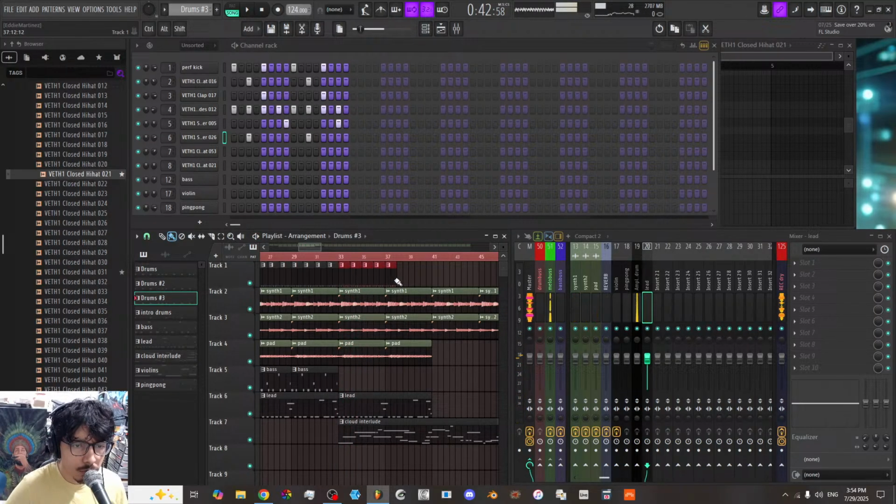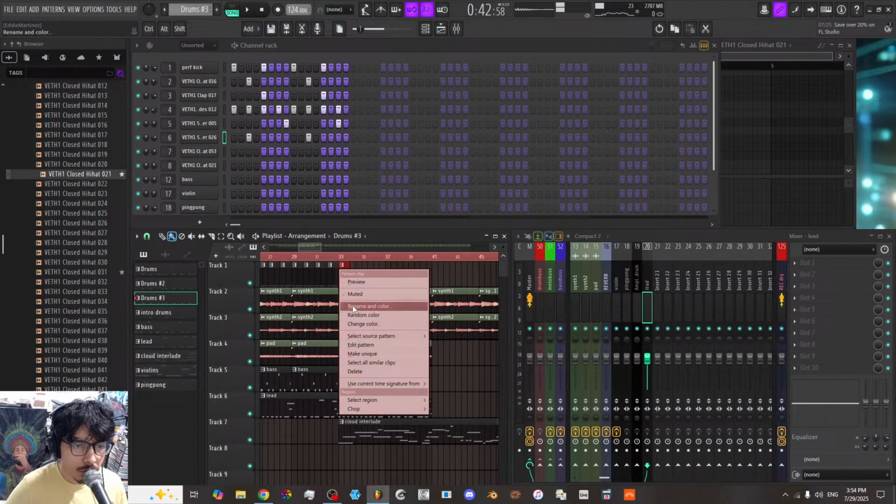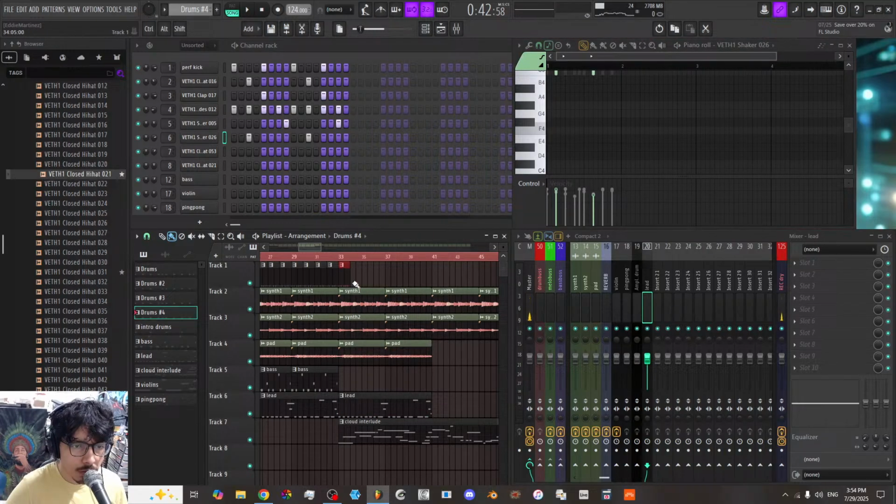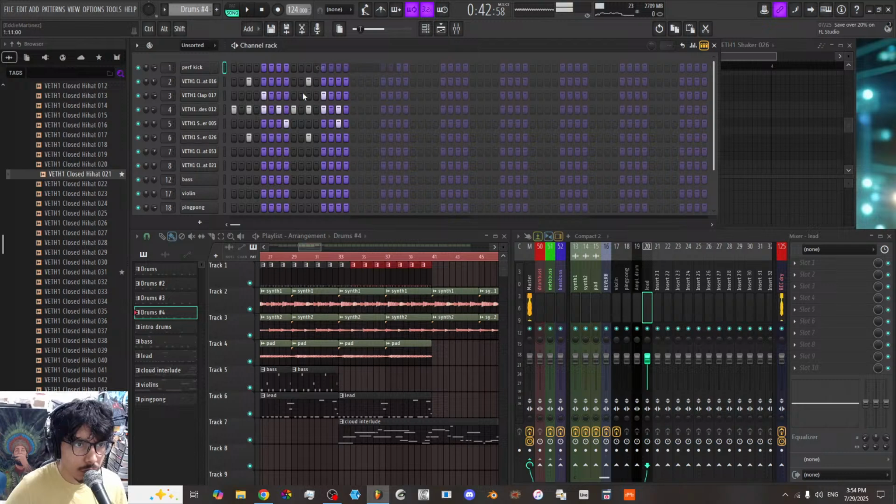Should I keep the drums going here and then just take out the kick? That'd be a good idea. So if I go here, make unique, then I just remove this.